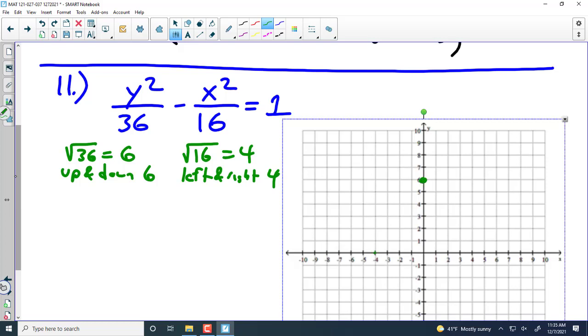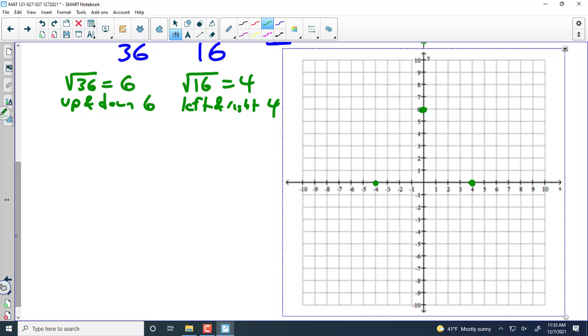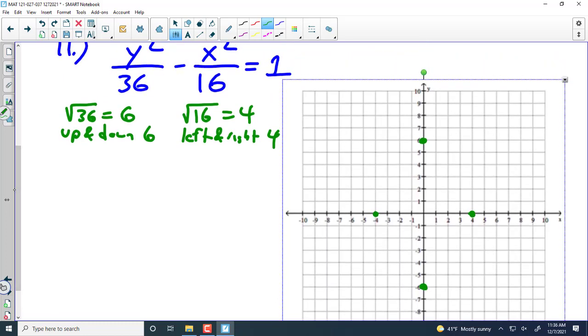It is so easy to get those backwards when the y squared comes first. Because with an ellipse, x squared always comes first. So it's very, very easy to get those backwards. It's actually one of the main mistakes I see with hyperbolas, is people have their fundamental rectangle oriented incorrectly. Once you get those points by going up and down 6 and left and right 4,